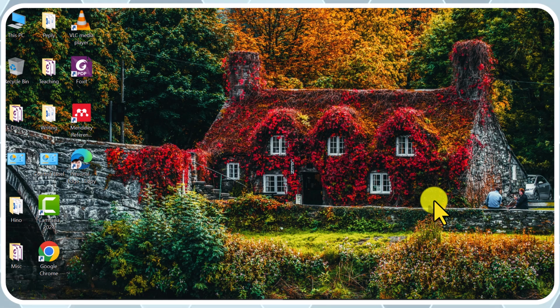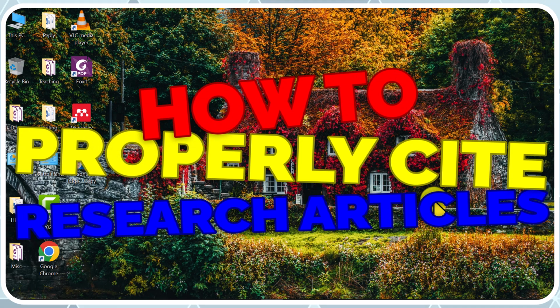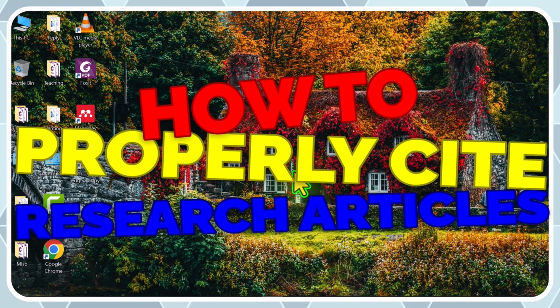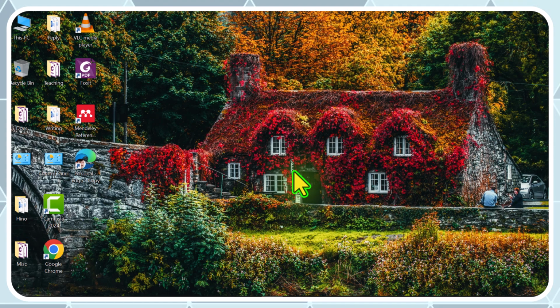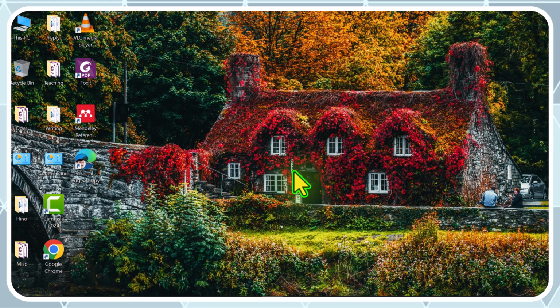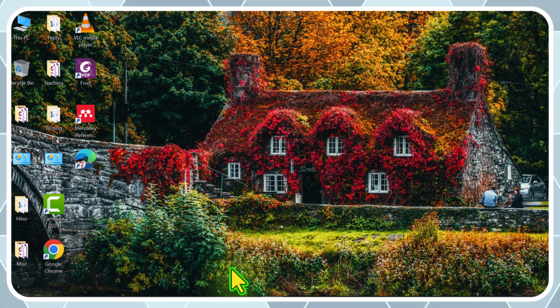Hello everyone and welcome to our today's lecture on how to properly cite different research articles by using applications like Mendeley and EndNote. As you might be aware, these apps are used worldwide for referencing purposes and they are very good as well. So without any delay, let us dive into how to download those applications and then how to use